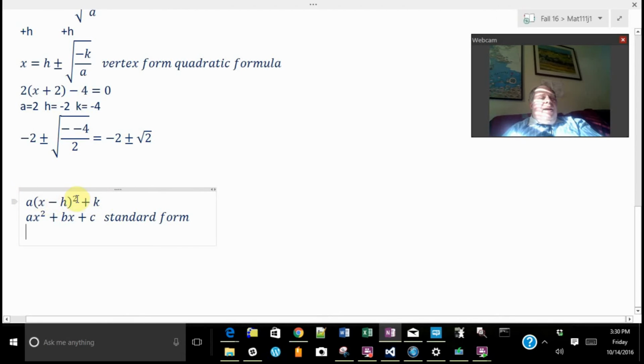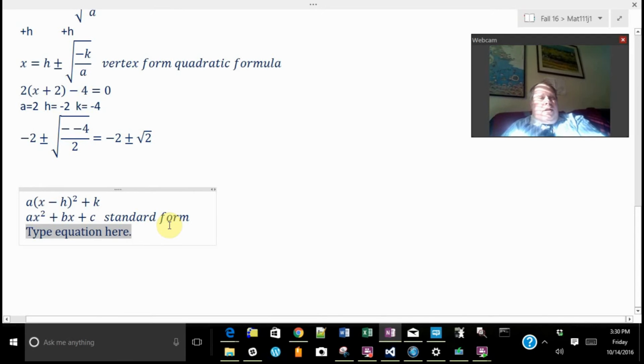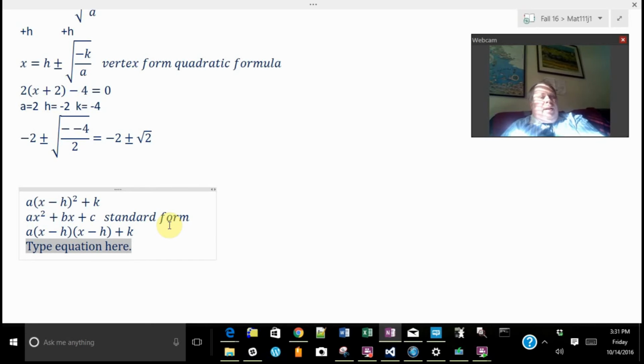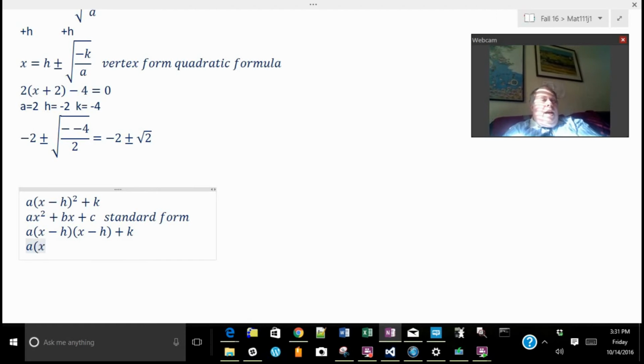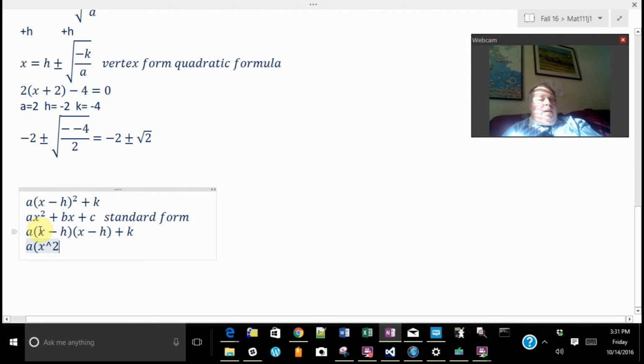Well, what I'm going to do is foil. I'm going to expand a(x minus h) squared plus k. So we'll foil, starting with the firsts: x times x is x squared. Then we'll have the outers, x times minus h, and the inners, minus h times x, that's the same thing, so